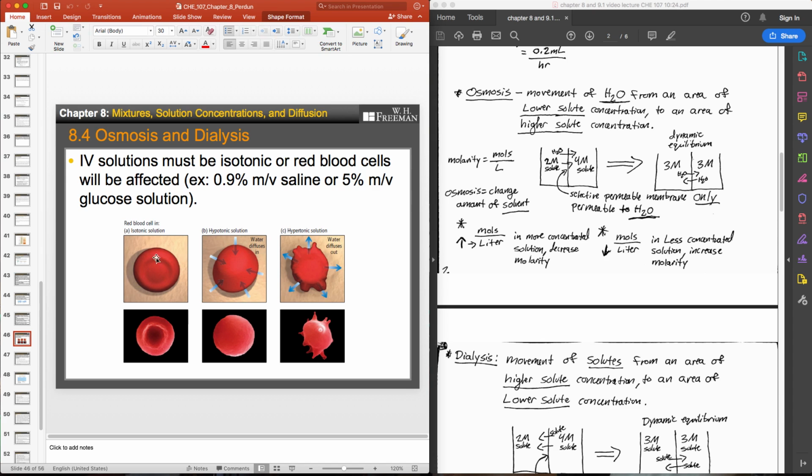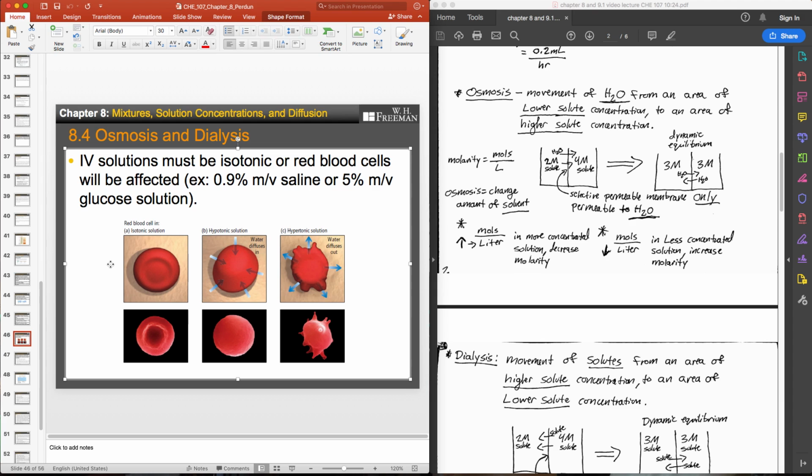inside of the cell. So isotonic, it's very easy, right? We take a cell, and you imagine we have this glass beaker, and we drop a cell into that glass beaker. If that glass beaker is filled with exactly 0.9% mass volume saline or a 5% mass volume glucose solution, remember, it does not matter about the size or the type of solute. It's about the solute concentration, okay? And so if we have this concentration of 0.9, we would consider this isotonic, and that is what